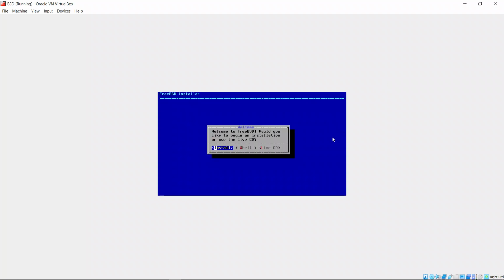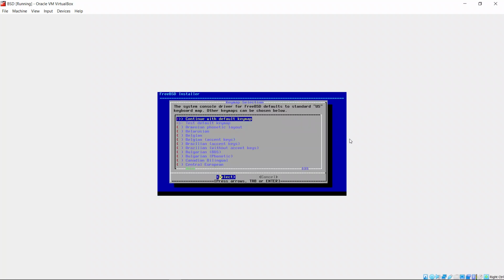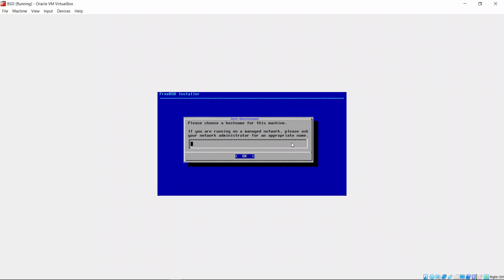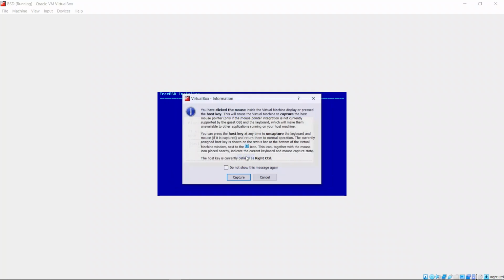Now it will show the welcome, and we want to install it, right? So click on install and hit enter. After that, it is searching for the files. Yeah, it has gone. Now, as we are first time users, go with continue with the default keymap. I will go with that. I will click on select and hit enter. Then it will ask me for the name. As of now, I will give the name as host. Then okay,